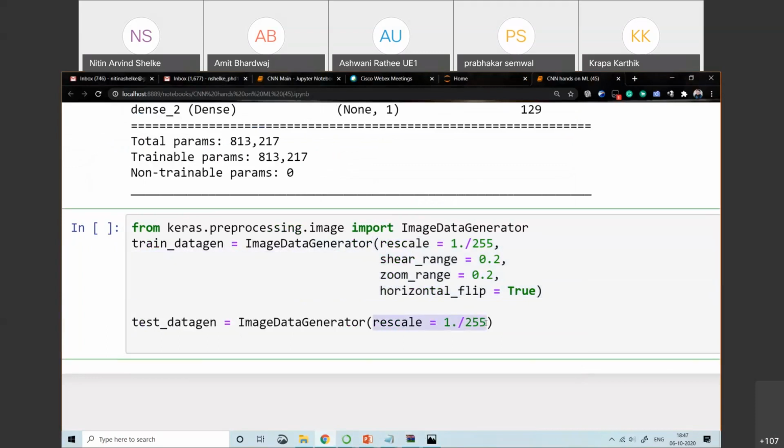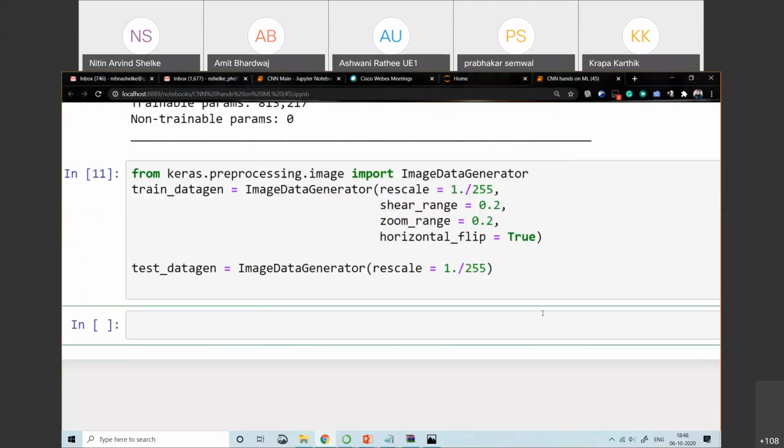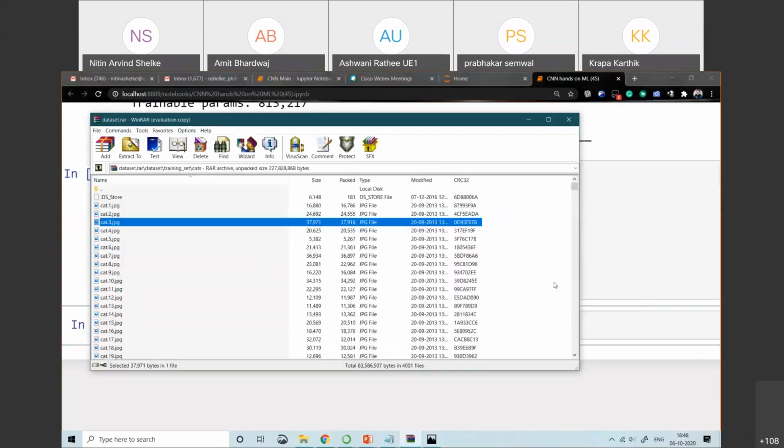Rescale means normalization, which we already discussed, the need for normalization. All the values should be on one scale, that is, every value should be between 0 to 1. So 1 divided by 255 will bring all the values onto one scale. Let me execute this. Successfully executed. Now the next part.